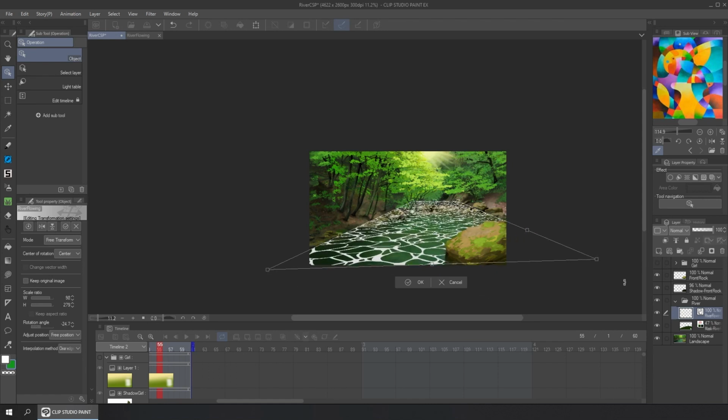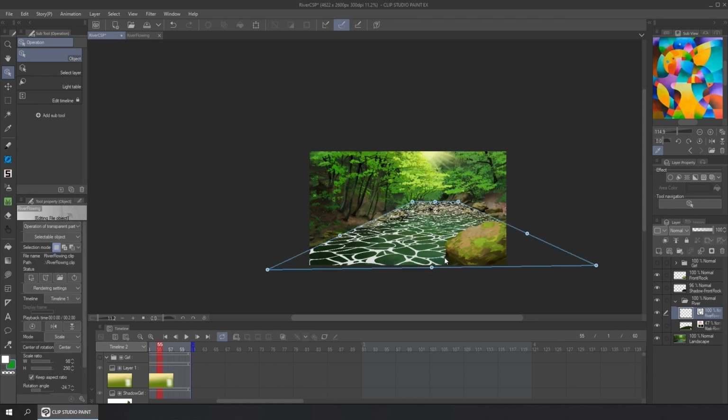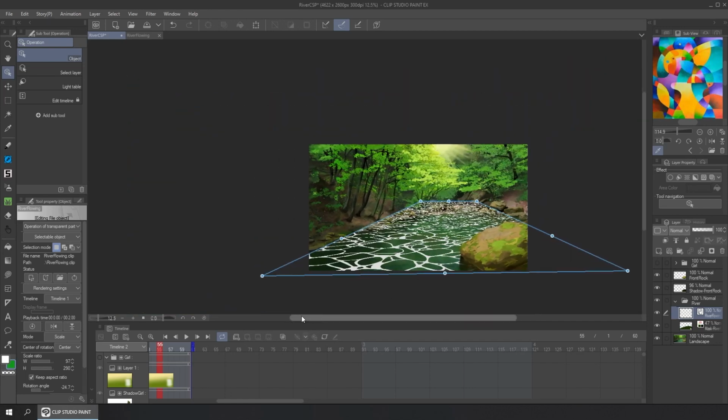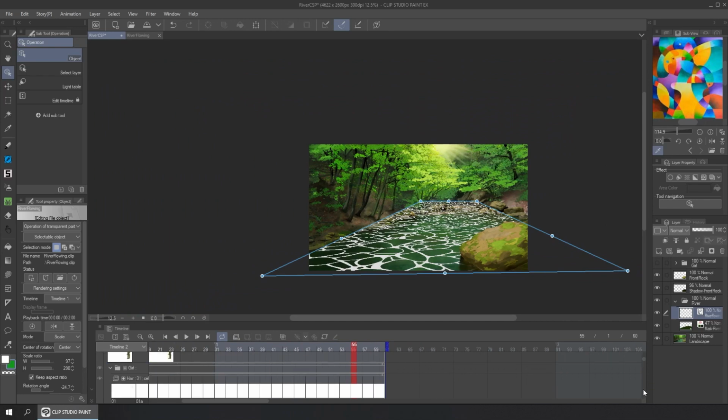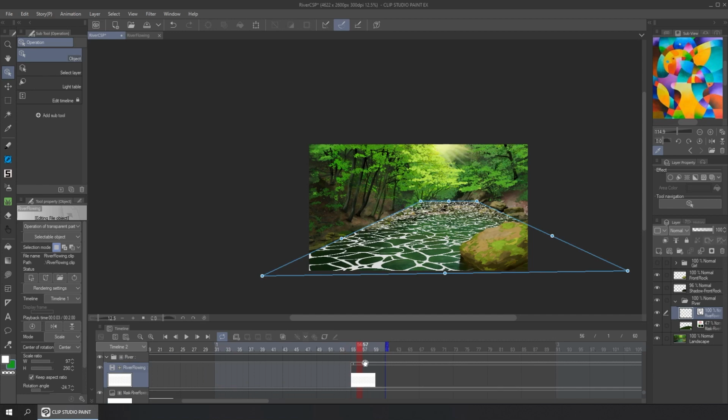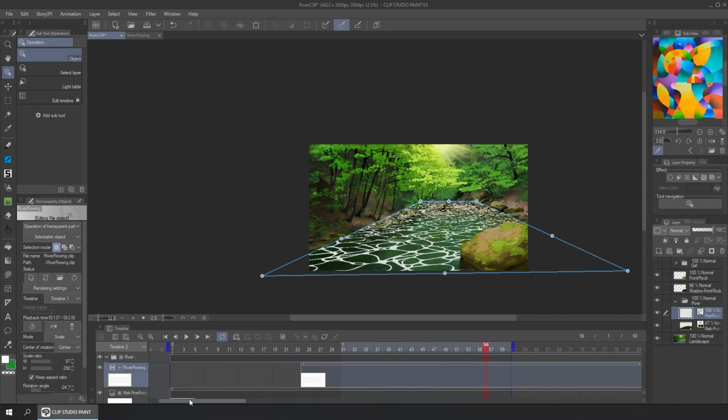We can change it like this, maybe here. You can change the file until you are satisfied with the result. Remember, you need to be in the first frame when you import the file, or you will get this. But this is easy to fix. Just drag the animation until it is in the first frame.